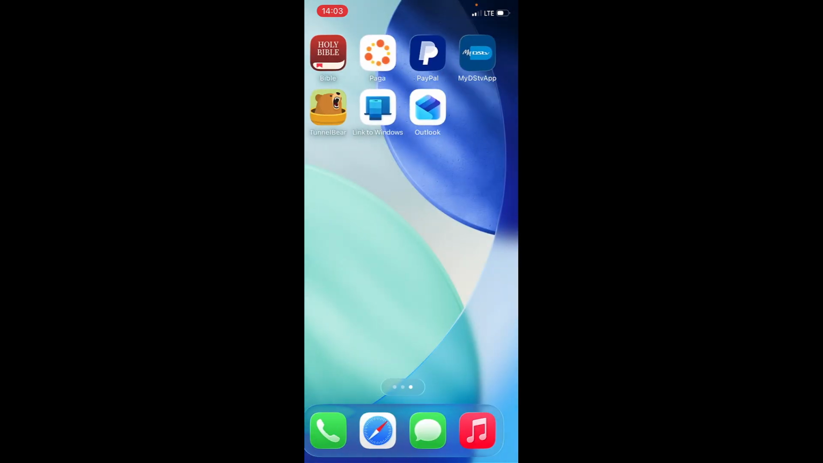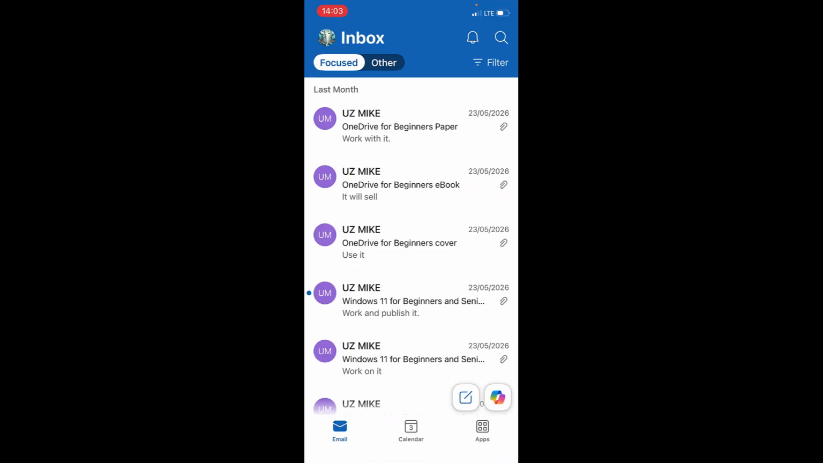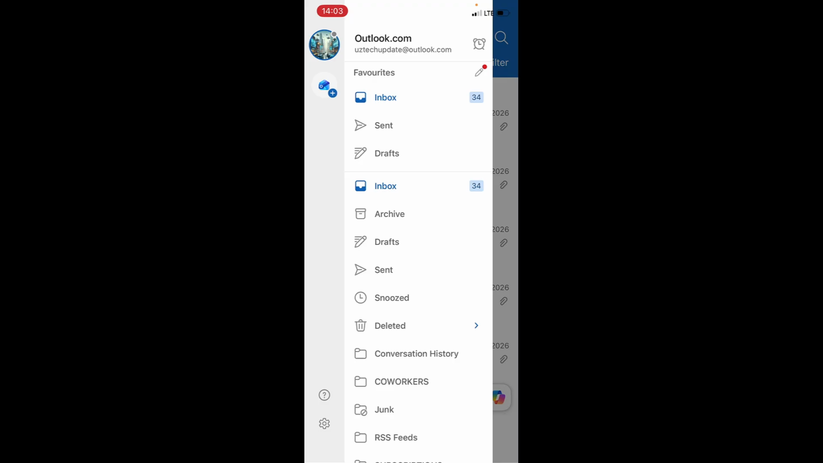This is how to set auto reply in Outlook Mobile for iPhone. The first step is to tap on the Outlook Mobile application. As the mobile app opens, the next step is to tap on your profile icon, which is at the top left in this case. On tapping on your profile icon, the next step is to tap on Settings, which is